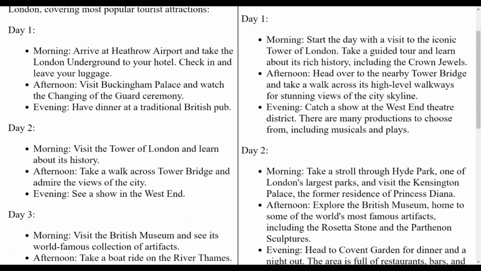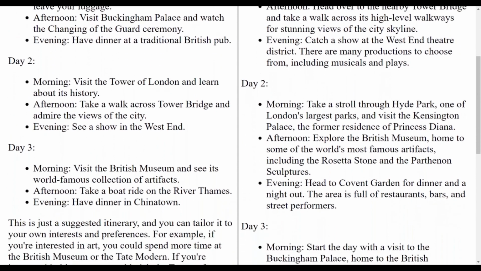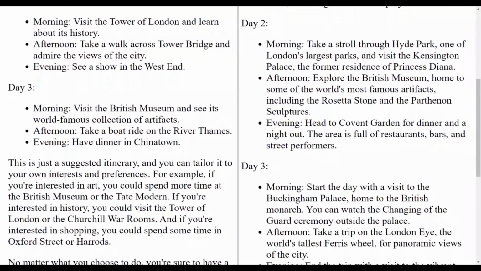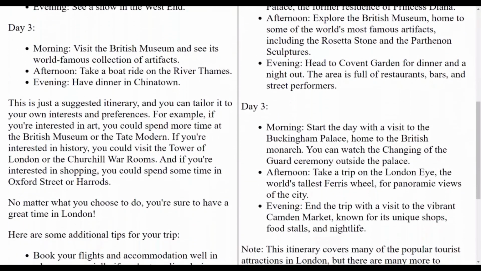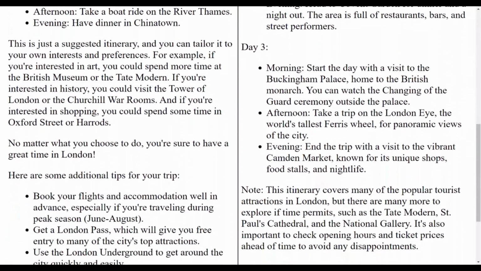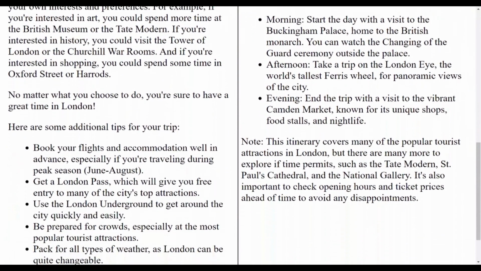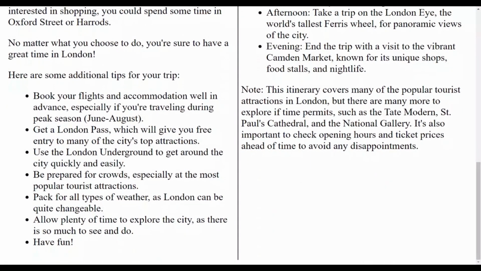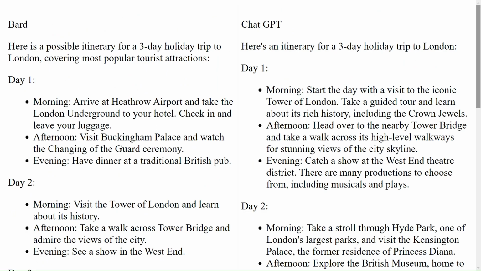At first glance, it seems to me ChatGPT has a better itinerary than Google Bard. It definitely covers more attractions points than Google Bard's itinerary. However, some may say Google Bard's itinerary gives enough time for someone to spend on each place and get enough rest. I don't want to get into the details. You can pause and read the responses and determine which one is better. In my opinion, GPT has a better itinerary.